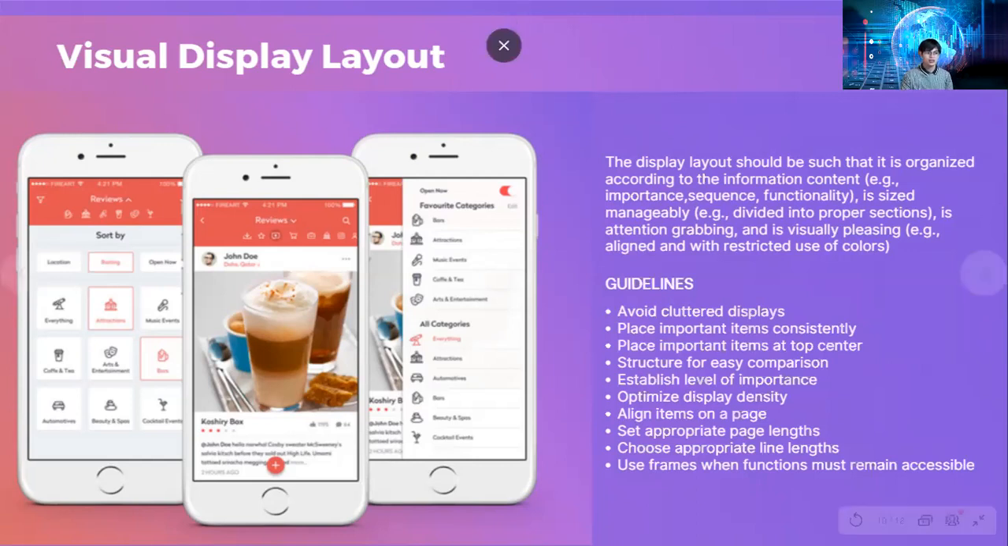So as you can see, we have this example here. The navigation is at the right corner. Okay, the items are displayed appropriately. So the alignment is good. The color used is good. So it should be pleasing. It should be visually pleasing. Okay. Next,